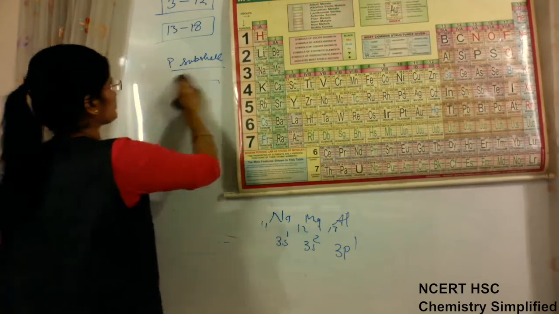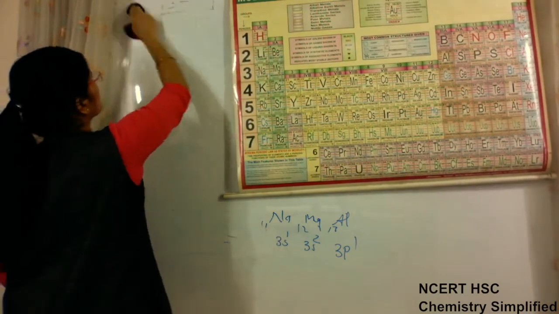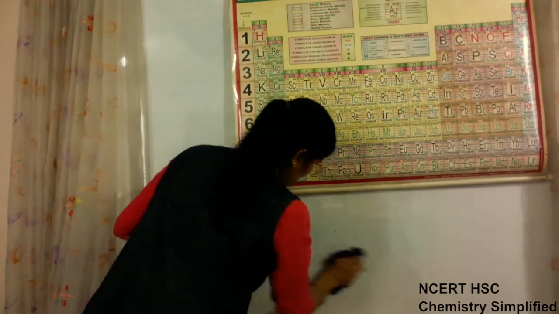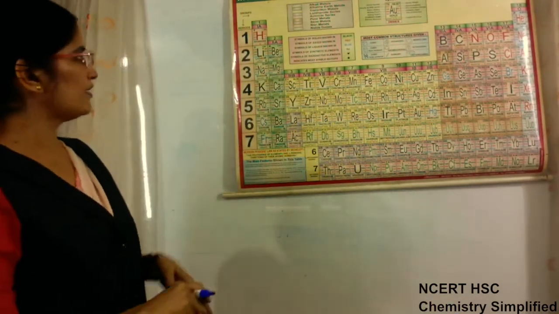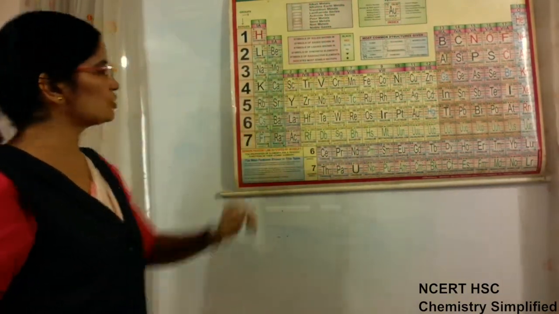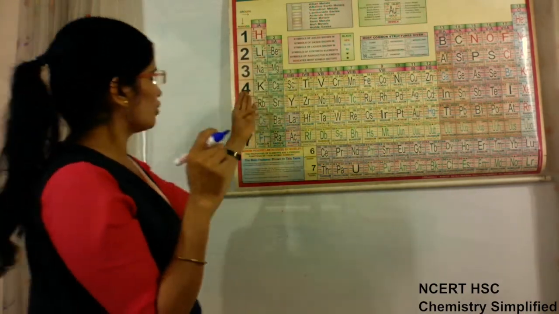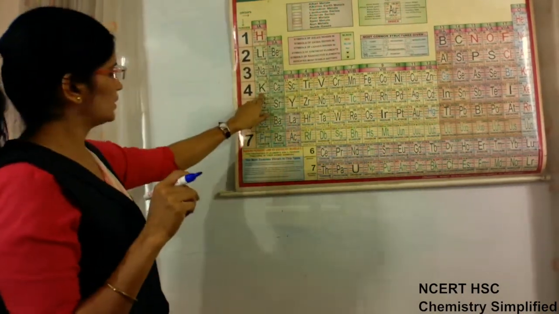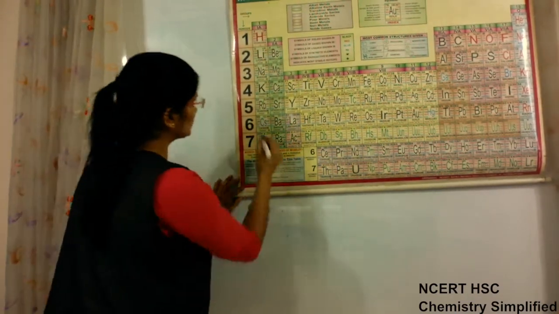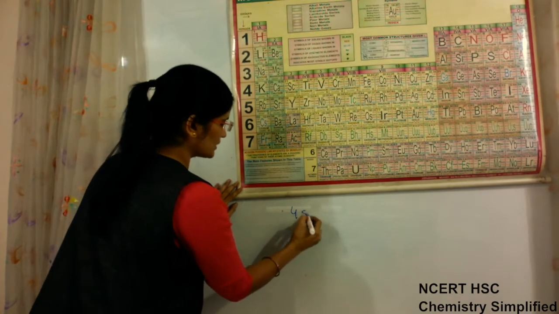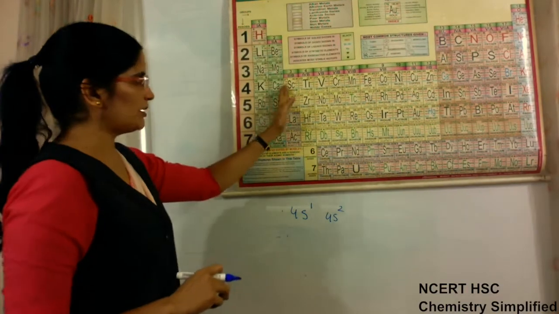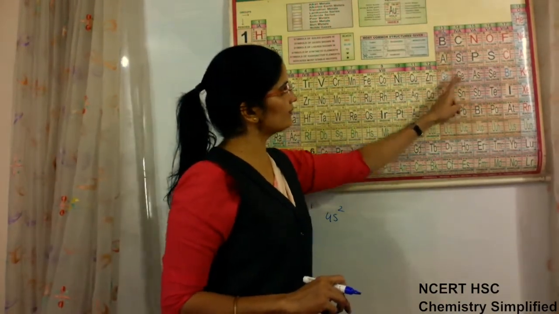Now, you will never make it wrong if you realize how the periodic table is actually designed, and why the entry of the d block starts only after the 4th period. Now see, this much is explained. Now we come to the 4th shell or 4th period. When we talk about the 4th, it is 4s1 for potassium, 4s2 for calcium. In between we have the d block, and then we have gallium.